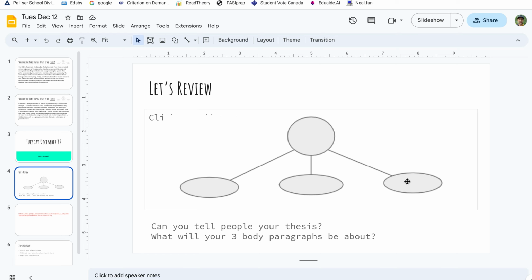I then want to try and explain the importance of my topic as a whole without really saying the topic specifically. So I might say something like, the quote above shows the important nature of honesty to humans, and it's no different in the novel, And Then There Were None. From there, I can then introduce each of my three body paragraphs in a sentence. I don't want to explain them here. I just want to introduce them, and I can finish off with my thesis.